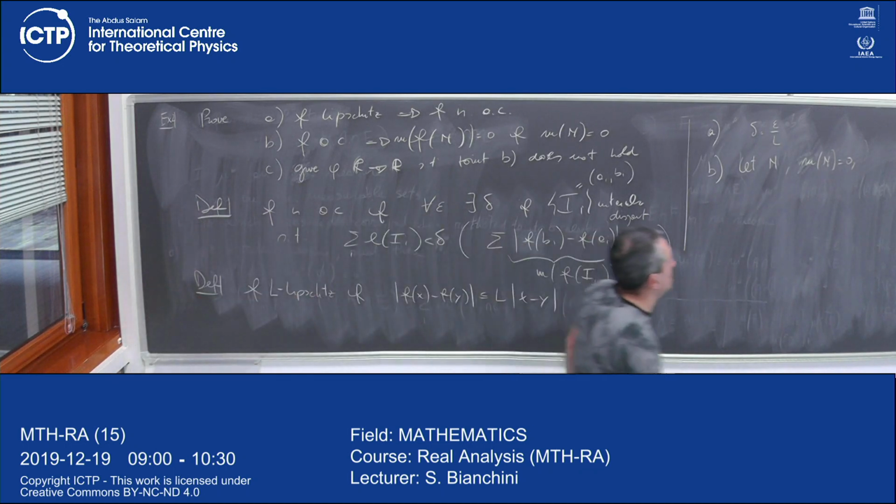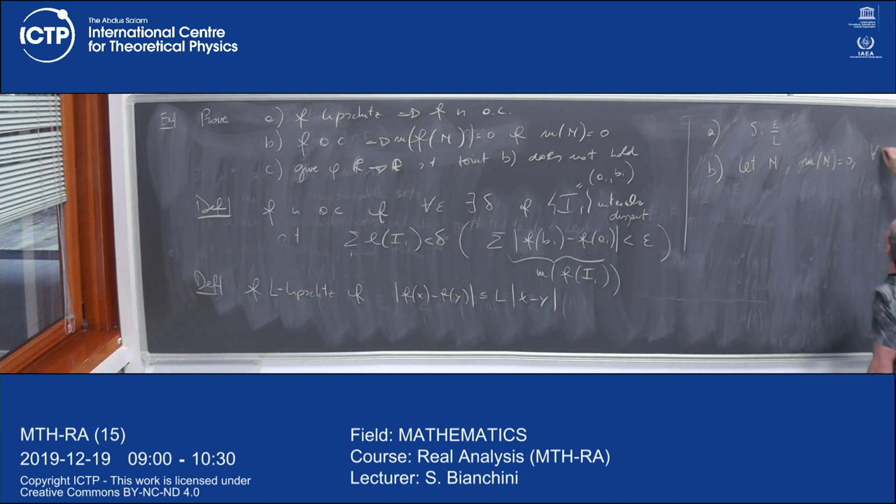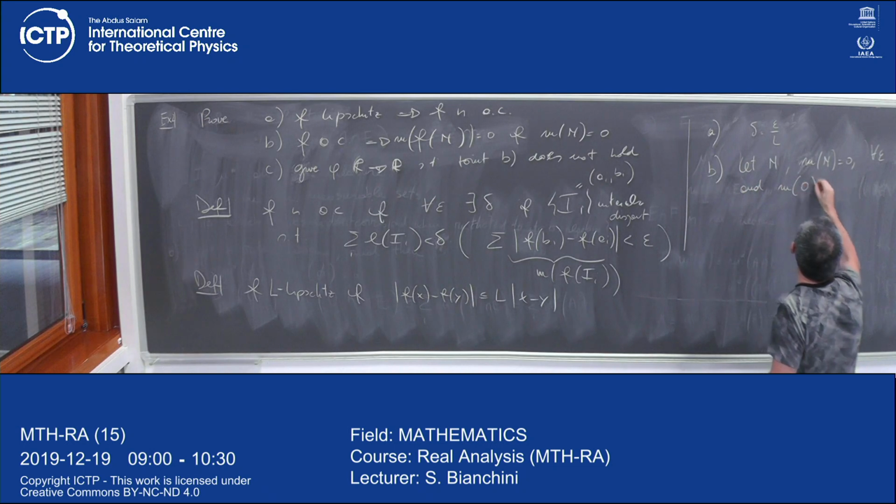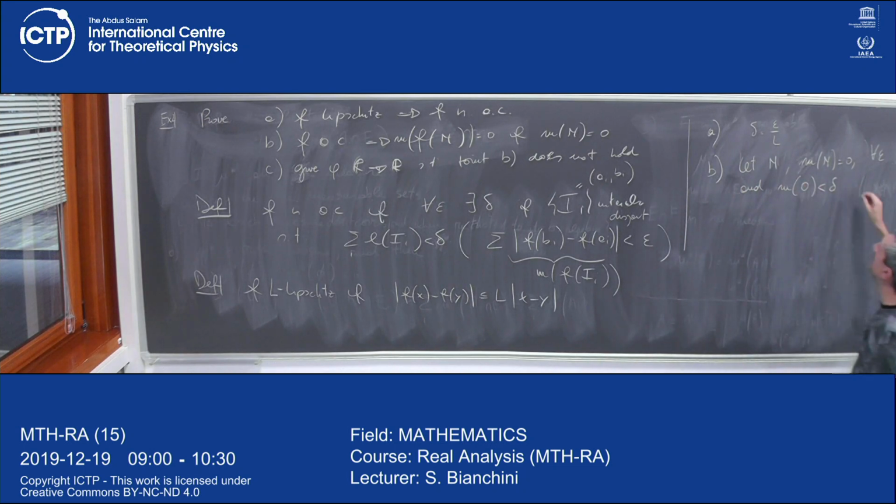So if it has measure 0, then for all epsilon there exists a delta, I take an open set O, N is a subset of O, and the measure of O is less than that delta. And then this implies,